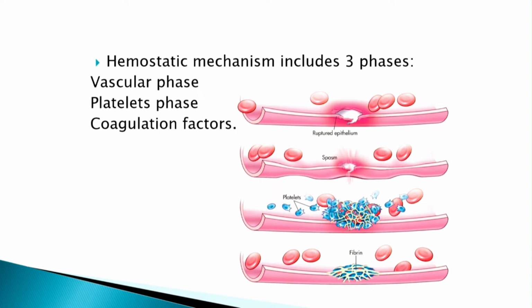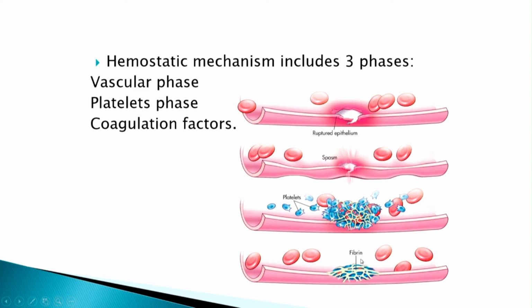Then after, there are the coagulation factors. In case of the coagulation factors, there is a cascade of activation of the coagulation factors, which are proteins found in the blood. Through this sequential activation, the end result is the formation of fibrin. So the fibrin, as we can see, forms after the aggregation of the platelets